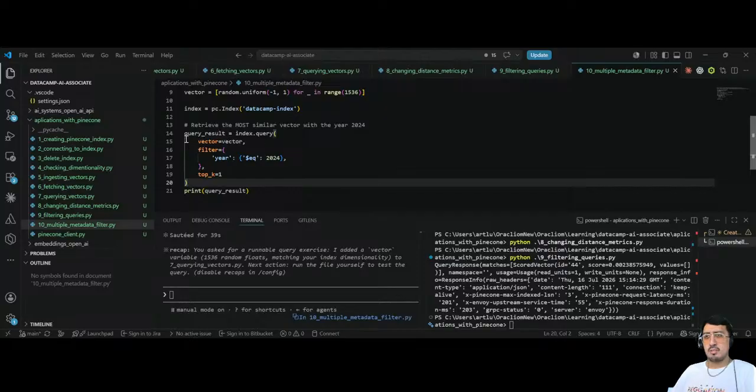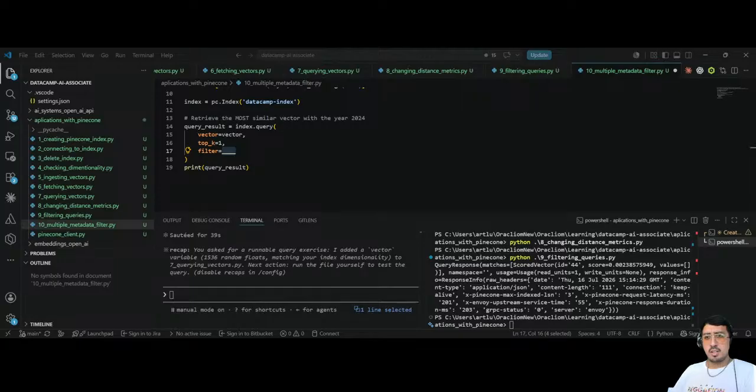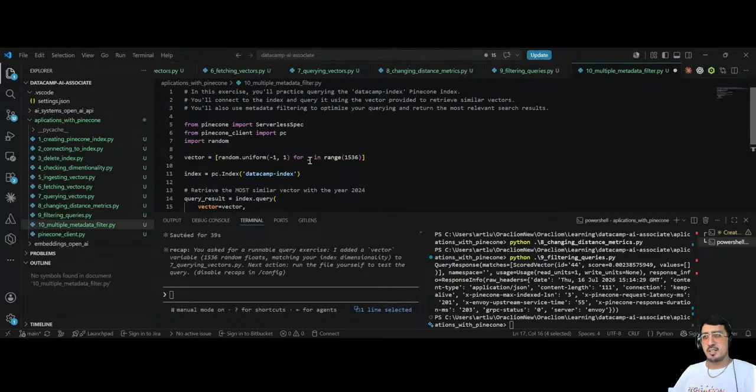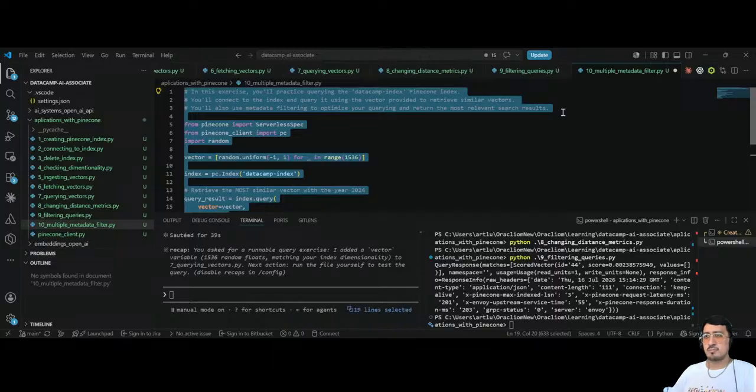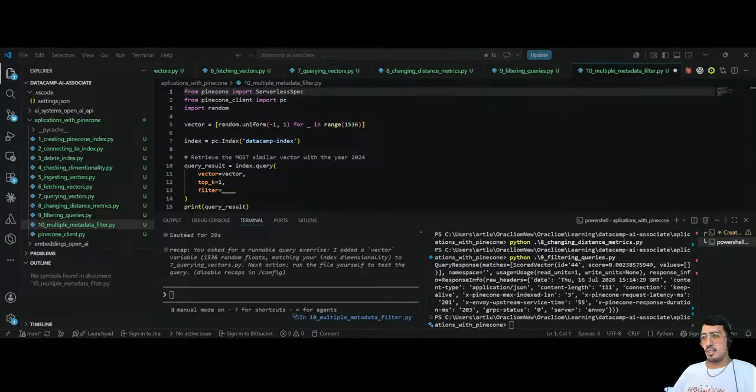So what we do here is this, but in the filter it is asking you to do something similar, but in our case we should have